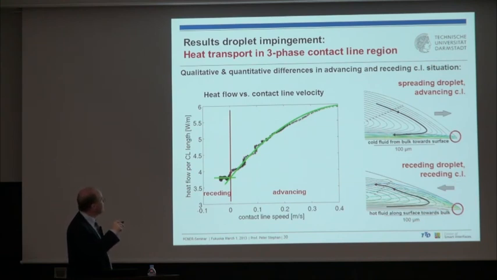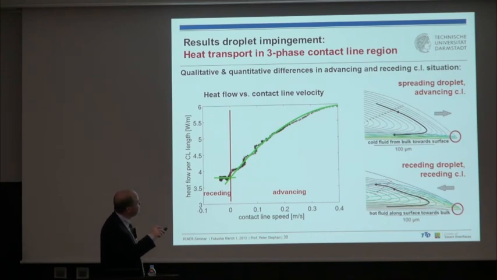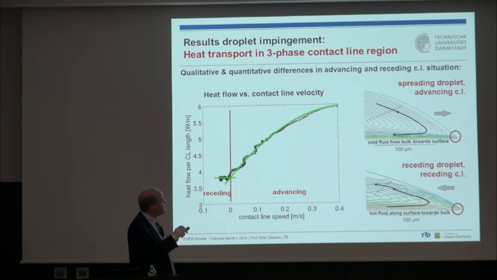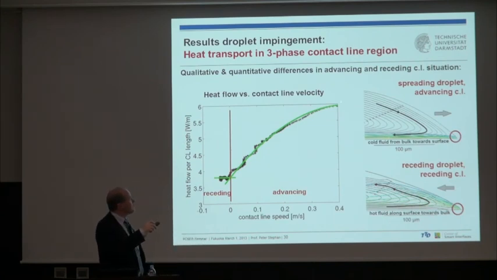So that's watt heat flow per length of contact line: watt per square meter multiplied with the thickness of the contact line area. So it's watt per length of contact line. And we can see an interesting thing here. When the droplet impinges, it spreads. It has a positive contact line speed and a high velocity. It spreads very fast. Then, with time, this contact line speed is slowed down until you have the maximum radius. And when you have the maximum radius, you have 0 contact line velocity, and then it changes velocity.